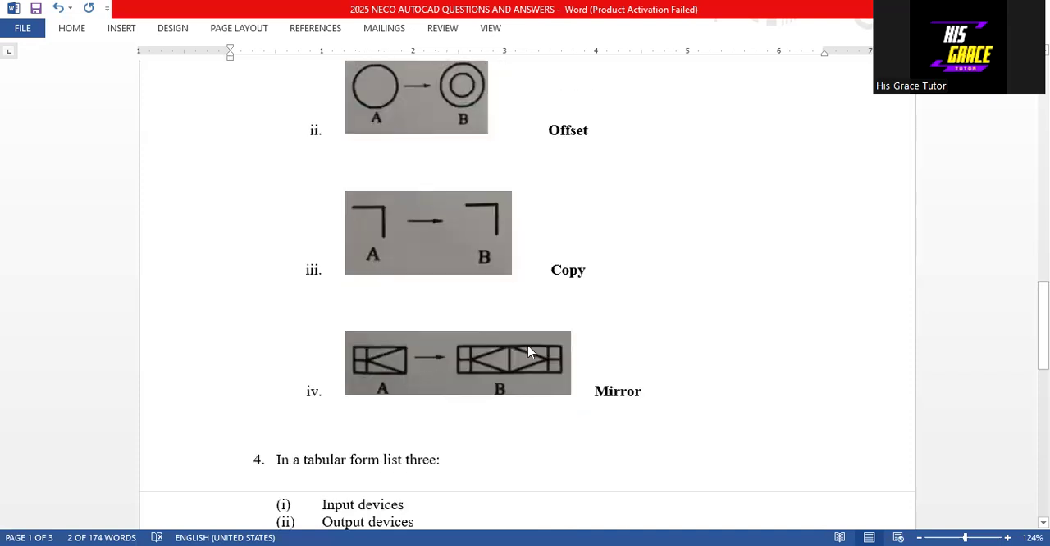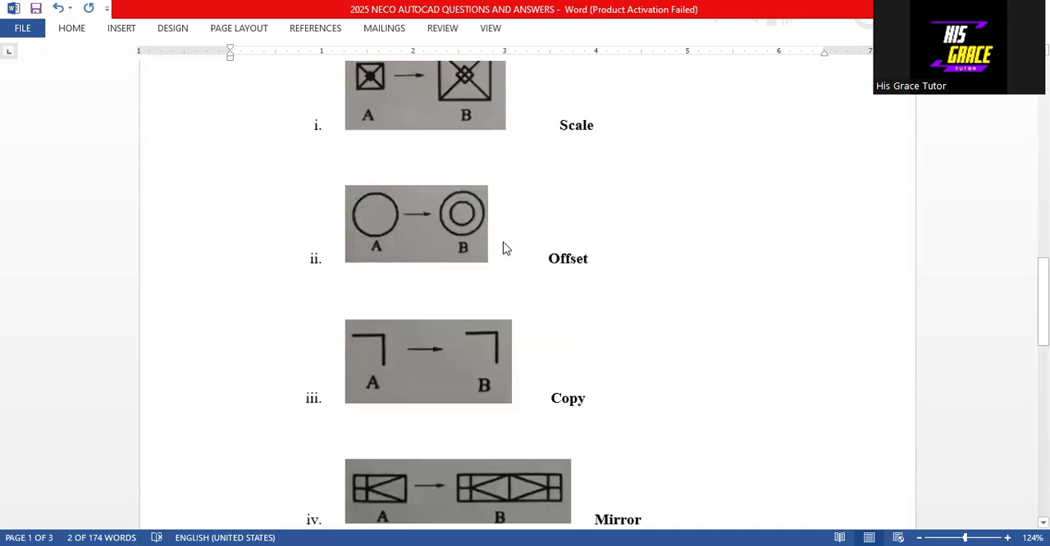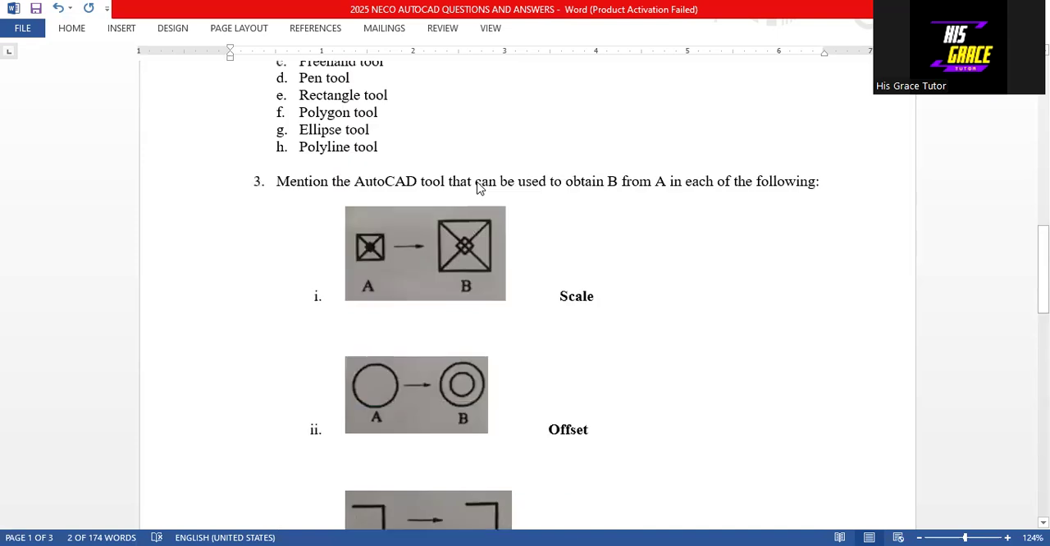And for this, we mirror. So we mirror this one and we have this here. Okay. So those are the tools that we can use to transform A to get B from A. Sorry for that. And then